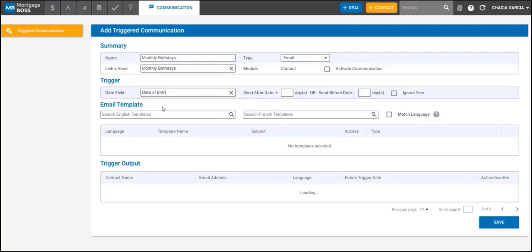And this is asking Mortgage Boss to perform an action on the date of my client's birthday. So this triggered communication will go out on their birthday. Next over, we have send after date or send before date. Because again, I'd like this to go out on my client's actual birthday, I'm going to leave these two fields